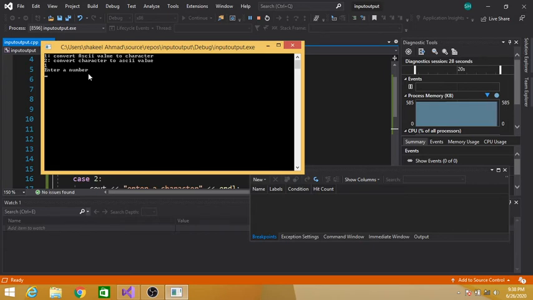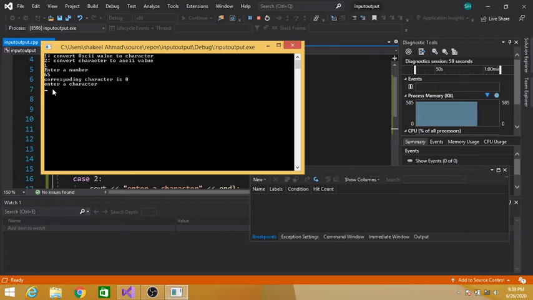Let's suppose 65. 65 is the ASCII value of capital A. Let's see what the output is. So the corresponding character is A. So we have converted a number into a character. Capital A has ASCII value of 65. Our program is working fine.